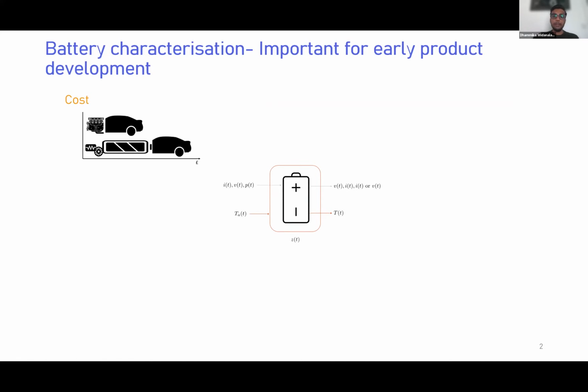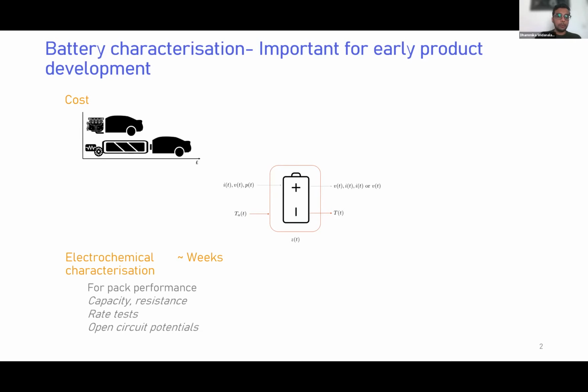So given these sort of measurements, typically I could think of 3 characterization regimes one might be interested in. The first one is the electrochemical characterization, and this could be in the order of several weeks, with a view of answering certain pack performance questions. So before choosing the right cell, you might want to do these electrochemical characterizations, for example, do capacity tests, rate capability tests, get the resistances, look at the OCV curves for thermodynamics or level of hysteresis to be able to understand how the pack will perform for that cell.